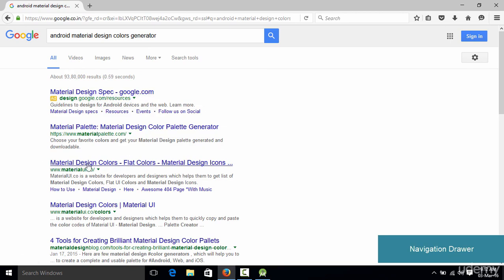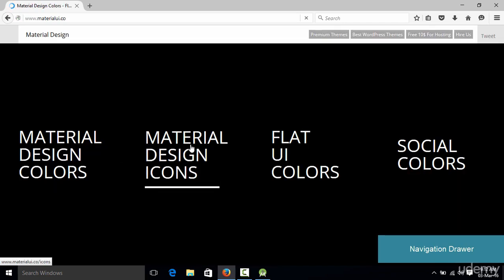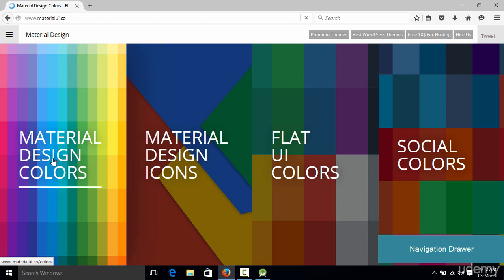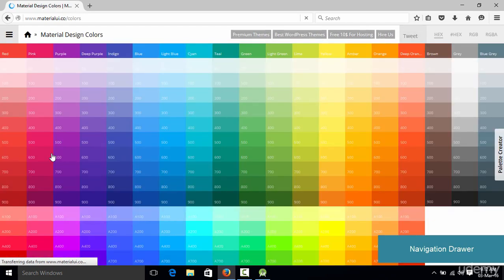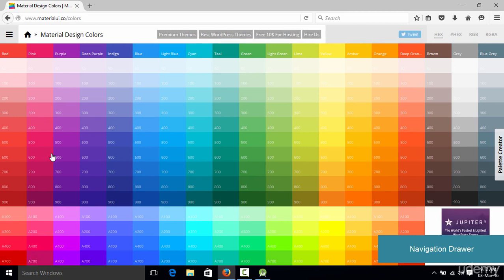And basically this is the link which we are going to open up. It allows us to choose from multiple colors, and it is going to generate a code for us. Once we are in there, we select this material design color, and actually you could use any website. The thing is that this website may become irrelevant after a few days, so make sure that you select an appropriate website. You could select any website which you want, but for the sake of simplicity, as I found this website useful to select the colors, I've chosen this website.